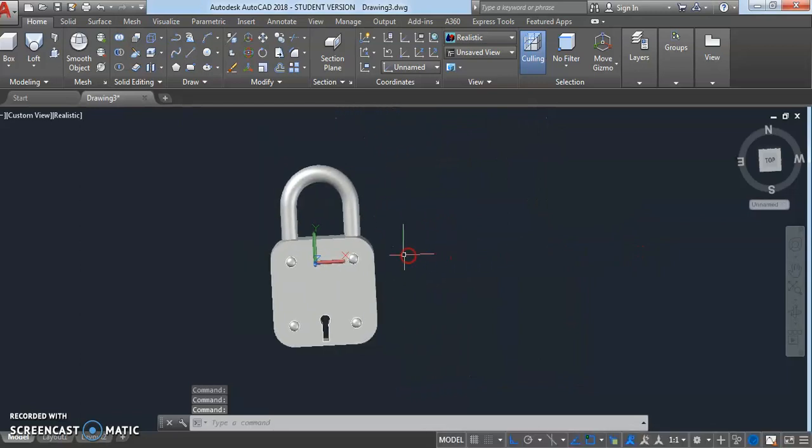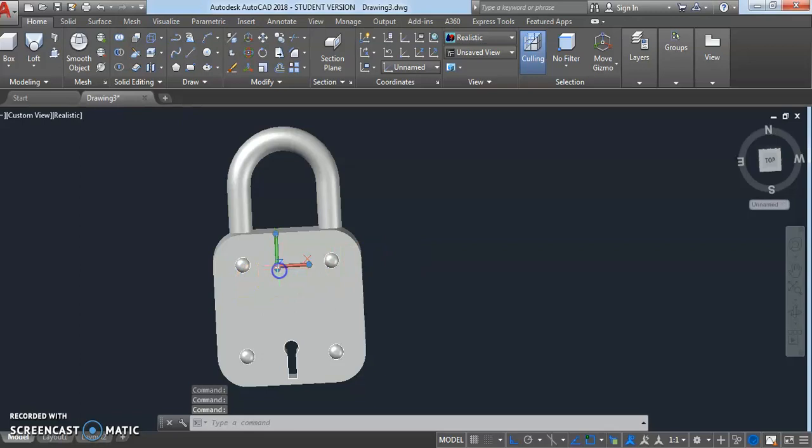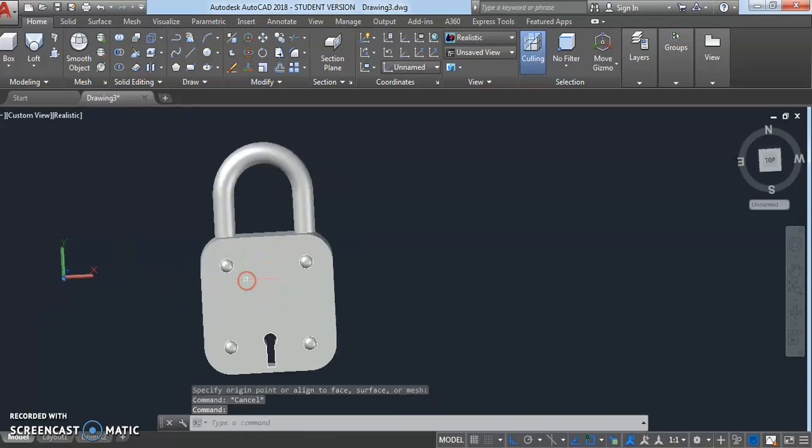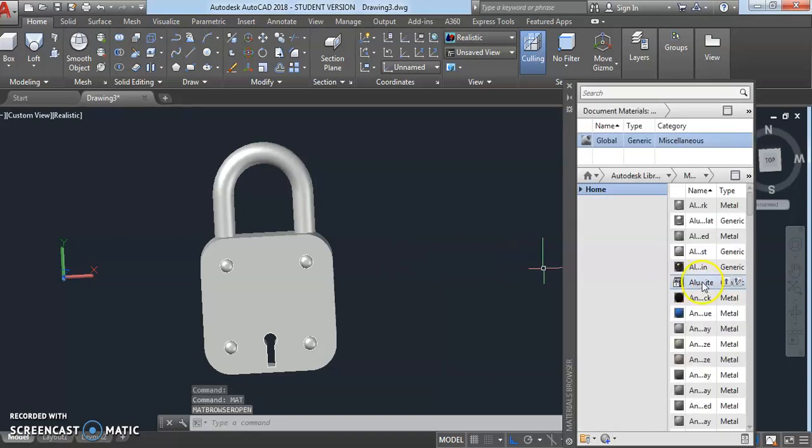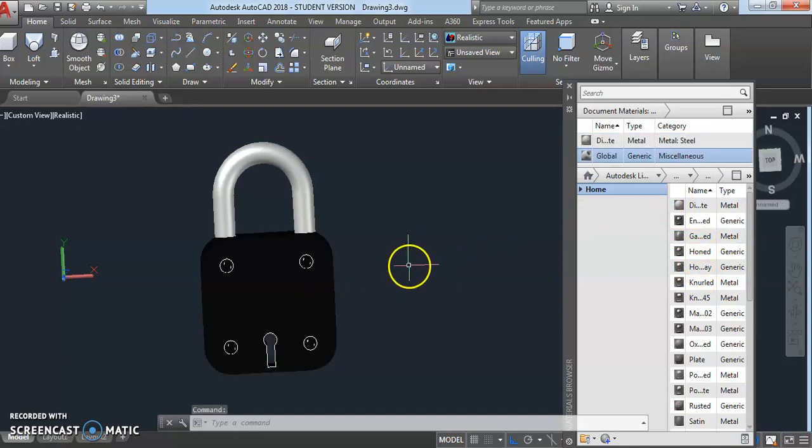You can also assign the material for this log. For assigning material, type MAT, enter, select the material, apply to the body, then scale, just click and drag on the material.